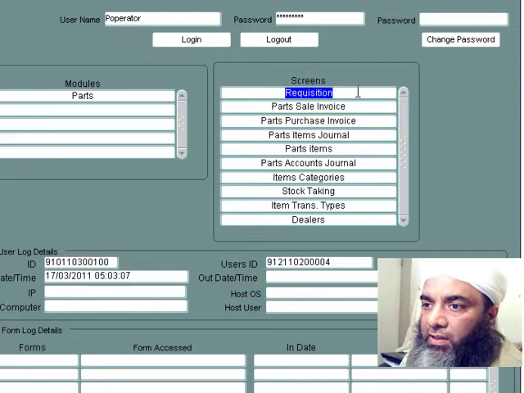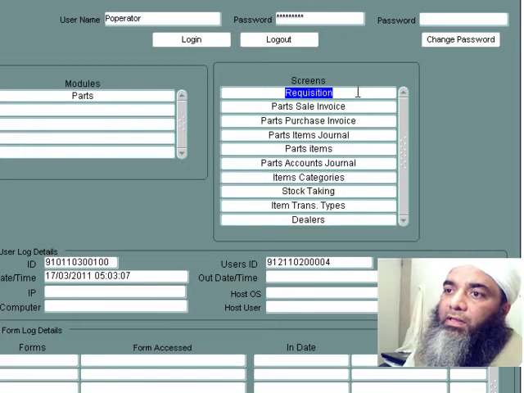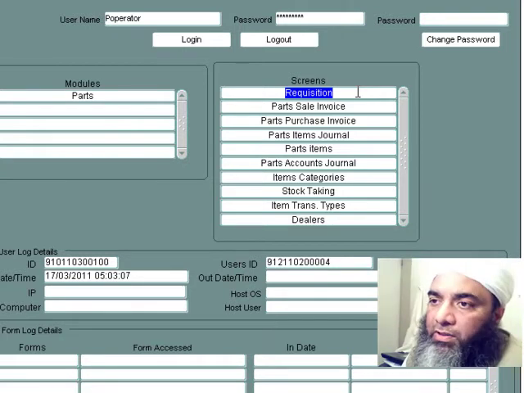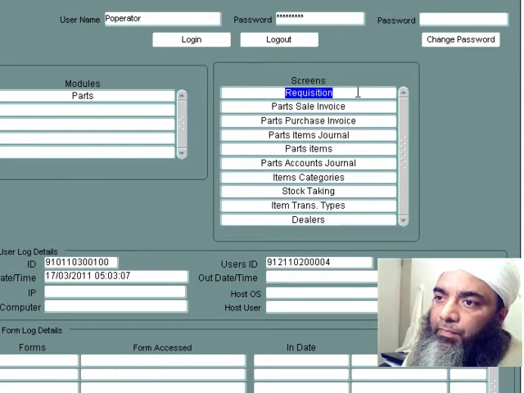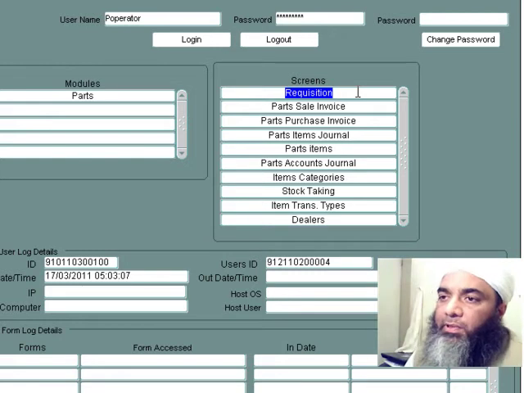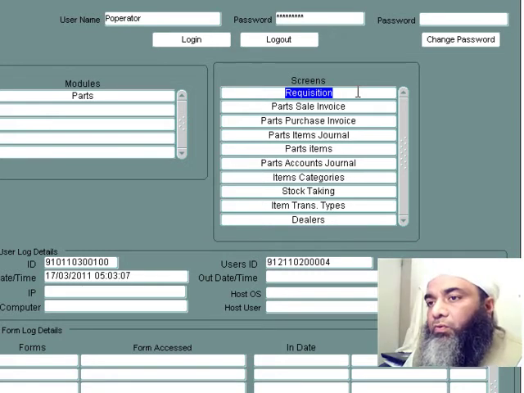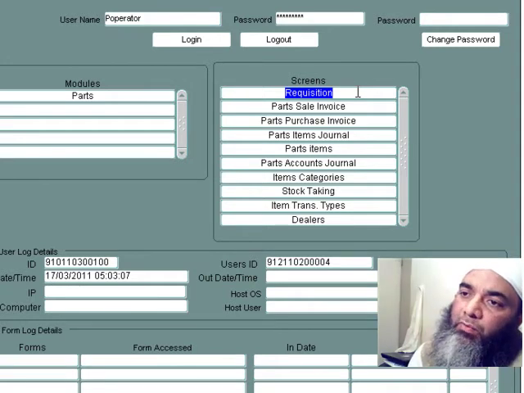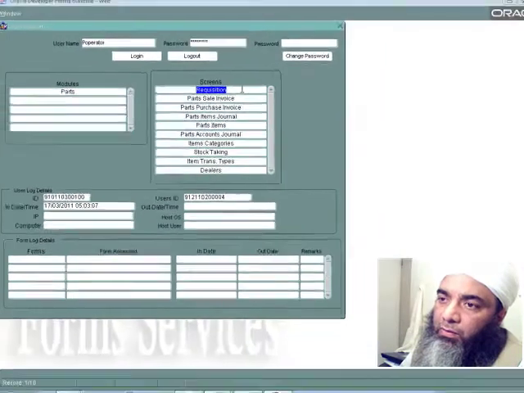Now requisition is a screen which is also accessible from the services module. It's because the services department requires different parts from the parts department, and instead of printing or writing down the items, the data is entered into the system, where the parts department can use this information to prepare an invoice and also find out what parts are required. So let's have another look at